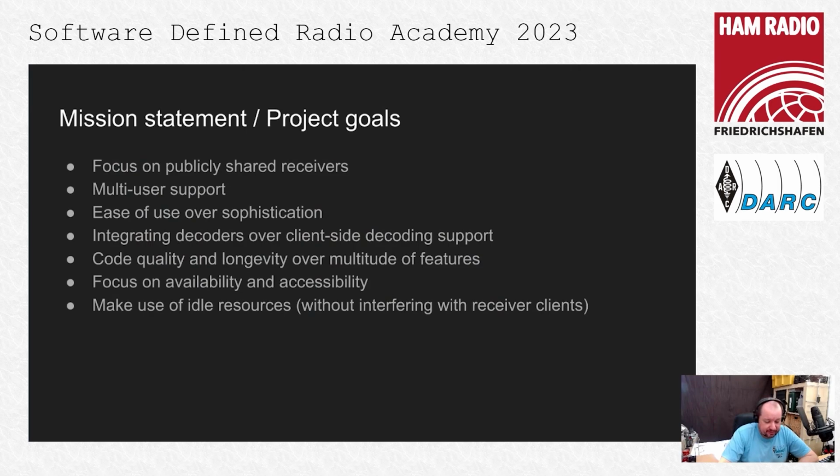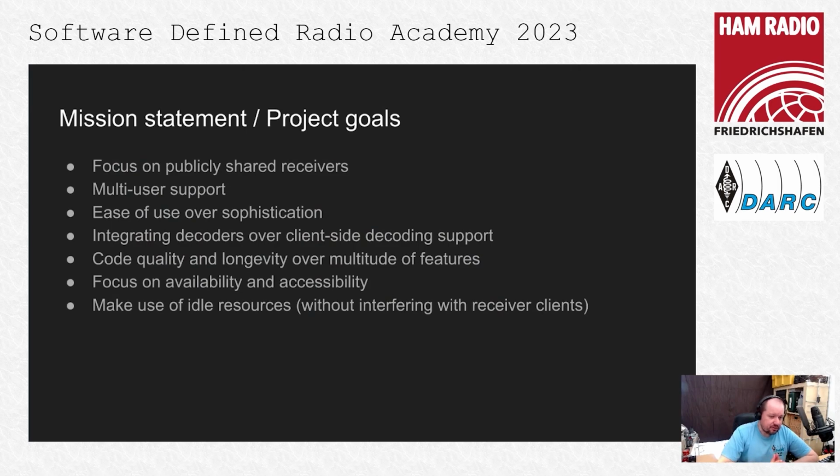It's just that I've had requests for increased bandwidth or sharing raw IQ data, and I'm like, that's all fine and dandy, but I'd like to integrate the actual receiver. The idea here, once again, is that you don't need to install software. Additional decoders should be integrated into OpenWebRX itself so that everybody can use them directly from their browser.